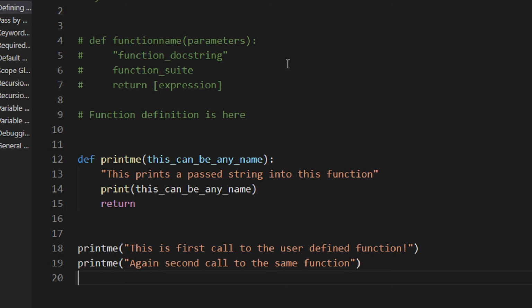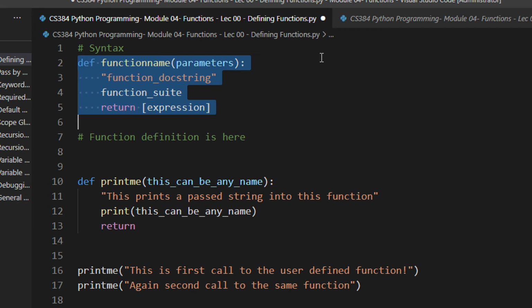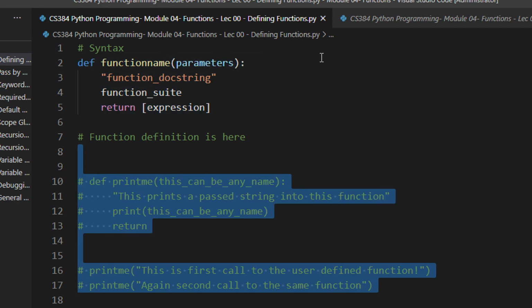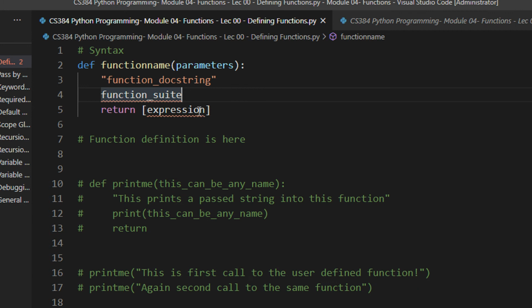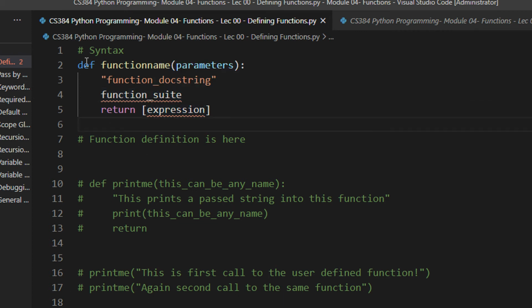This will be the very introduction lecture to functions. First we will see how the syntax is defined. Let me comment the other part of the program. This is the basic syntax of any function in Python. Remember in C you used to have something like void main, void addition, and then you pass some parameters. Here we define the function name with the keyword def. Keyword means you cannot use this as a variable name. So def and the function name. The function name can be anything that you want, and then you have the round parentheses, and you can pass parameters. This is optional. You may or may not pass parameters.